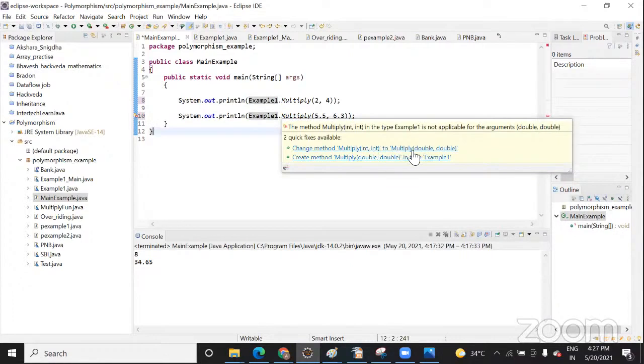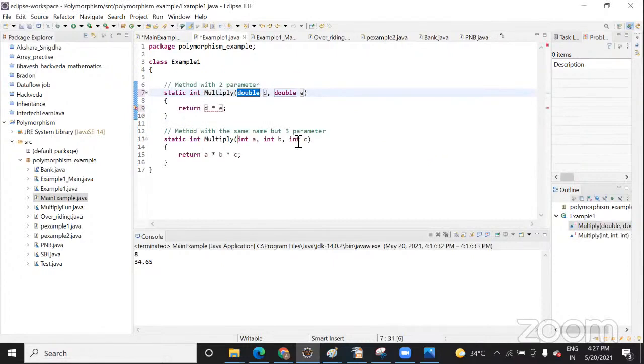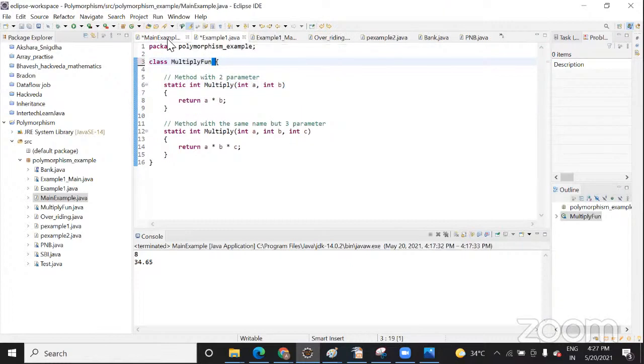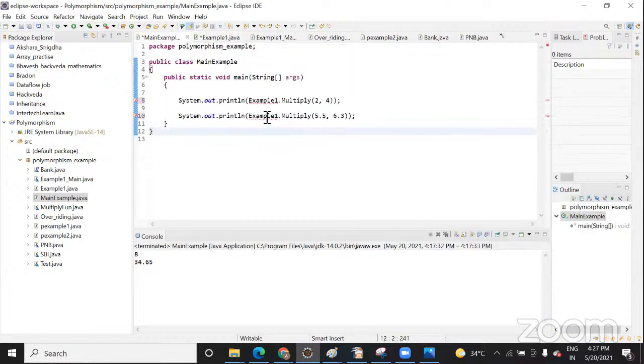I need to convert it into double, because your values are in int. Sorry. Where is the function?